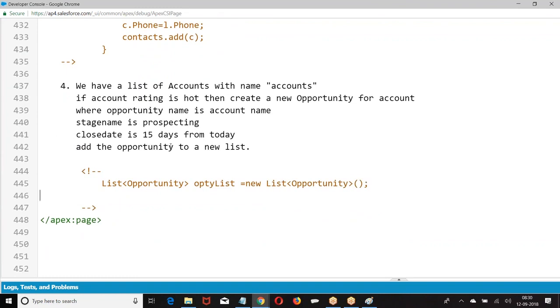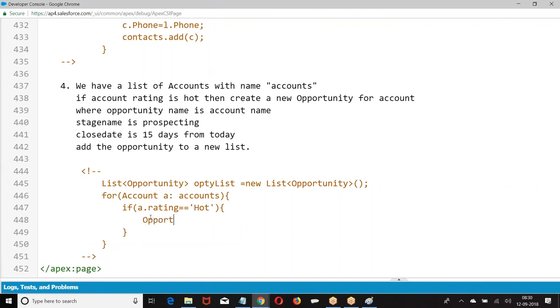What was the logic here? Take one by one account. How do you take? Account A. Then what do you want to check? If A dot rating equal to hot, then what happens? Then create a new opportunity, with the opportunity name.